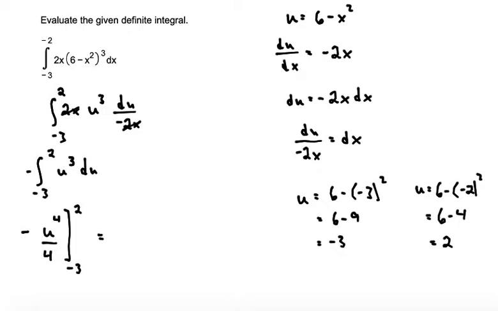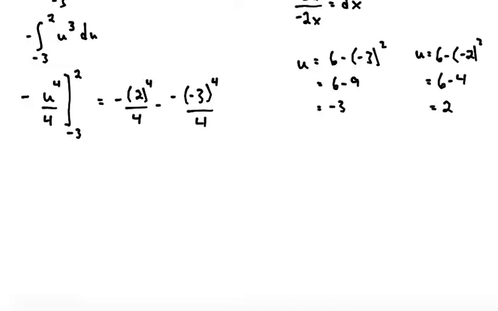So then we plug in top minus the bottom. So this would be negative 2 to the power of 4 over 4 minus, plug in the bottom, negative 3 to the power of 4 over 4. Give myself a little bit more room here. And we get 2 to the power of 4 is 16. 16 divided by 4 is 4. So negative 4